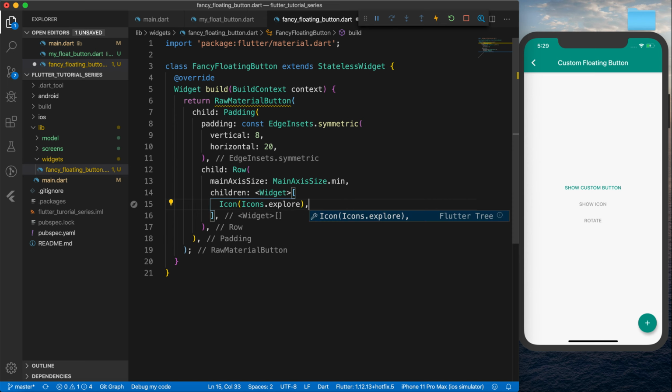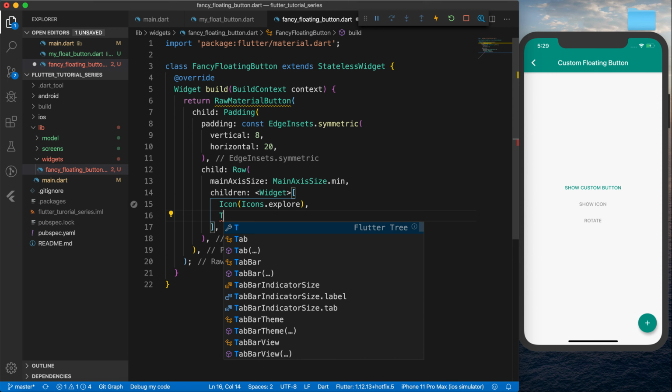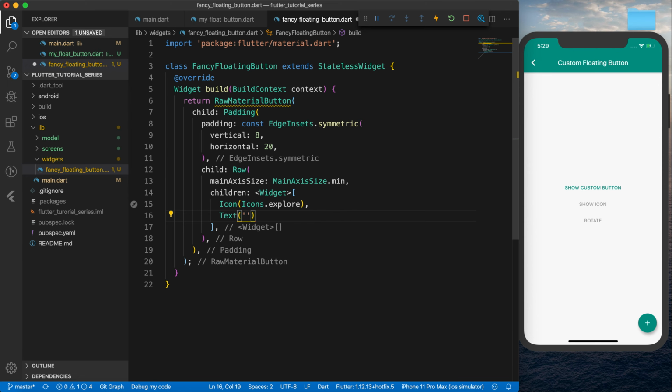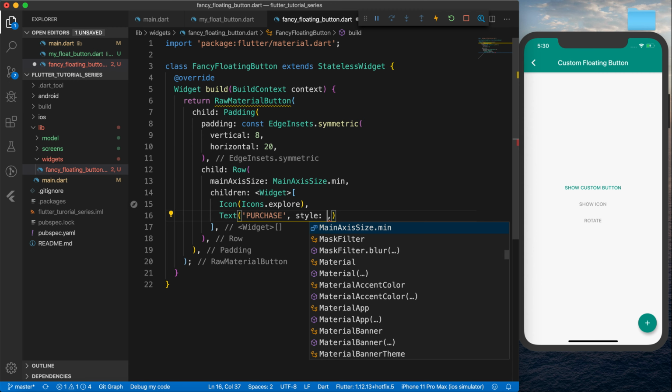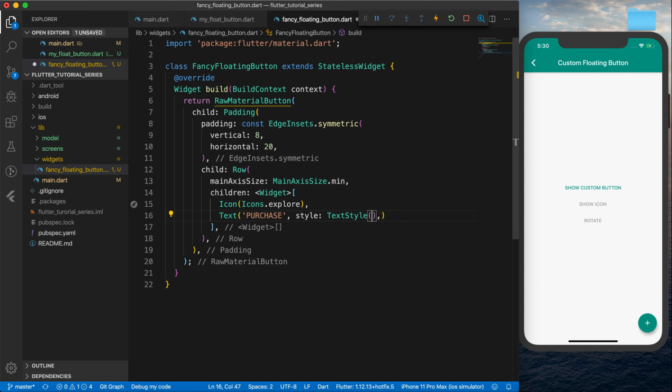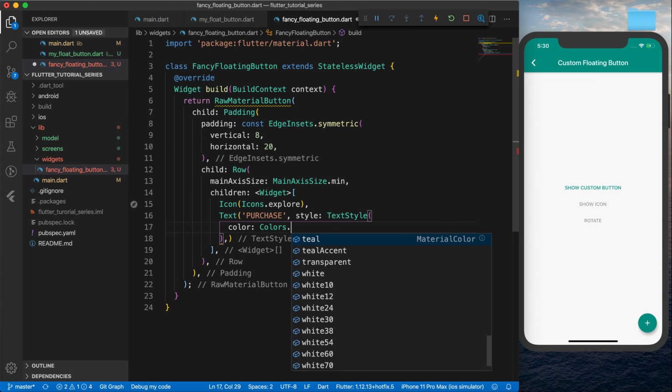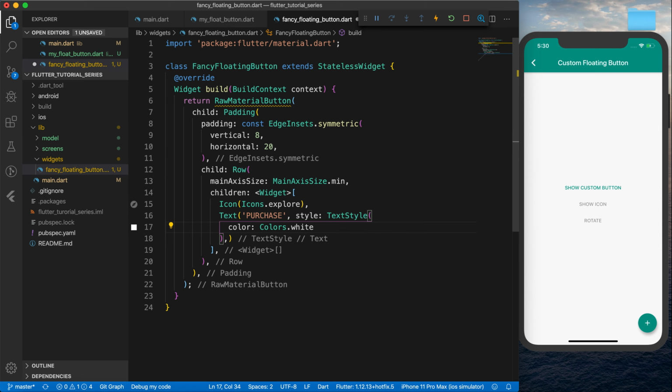It's already been used in the example screen on the screenshot, so I'm using this. The next one I would create is Text, and for the Text widget I will use, let's say, purchase button. We want to customize that as well. So for style, we give it a TextStyle widget, and inside that TextStyle we will use color to be Colors.white. So we want to display a white colored text inside that button. If you hit save,